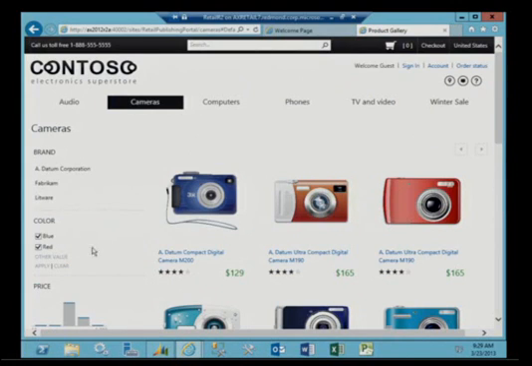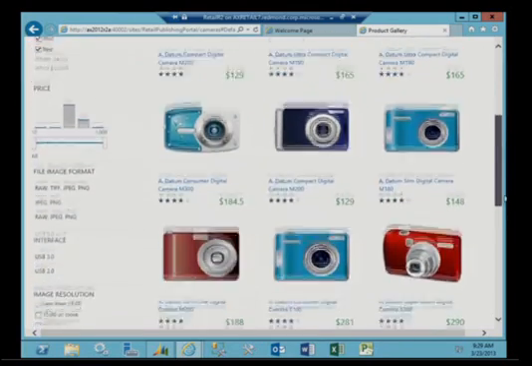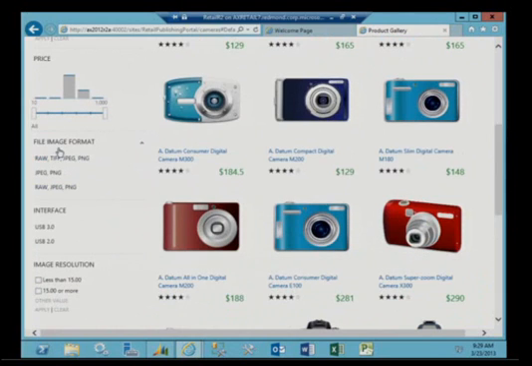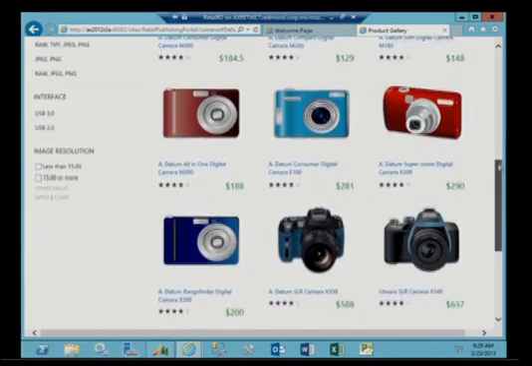One other thing you will notice is the set of refinements across brand and price reduce based on the selection that is currently available. All of that happens automatically. Also, what you will see below is more refinements showing up, which are specific to cameras. So these are the file image format, interface, and image resolution that are specific to cameras, which can also be seen